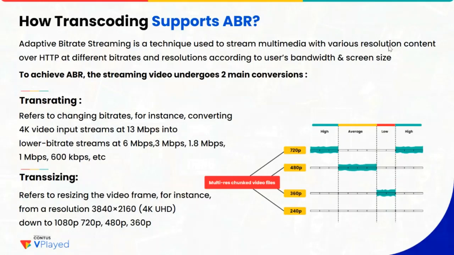Say for example, if you have a 4K video, it can be converted into streams starting from 240p, 360p, 720p, and you can go with 2K or 4K or whatever it is. So all these videos can be accessed via different bandwidths and different bitrates. If you have a close look here, the adaptive bitrate is going to transform the videos so that they will be available in different ranges.